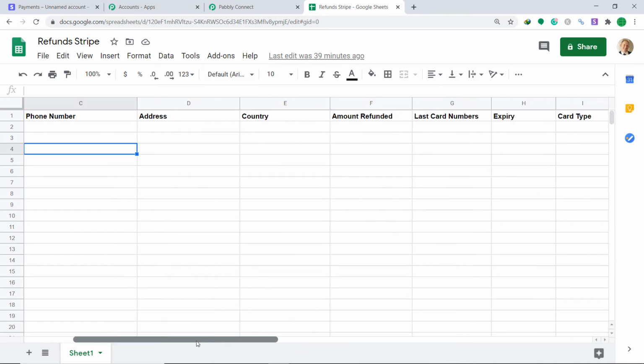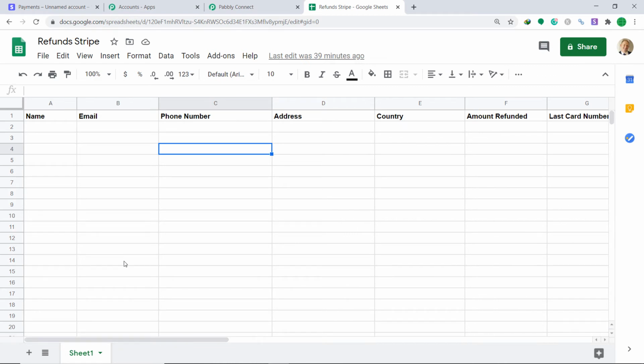So the reason I kept the method as add new row is because the data will be automatically inserted into adjacent rows one by one. For example, the first name will be inserted, then email will be inserted, then the phone number will be inserted, and the address will be inserted, then the country, and so on. Okay, so the data will be inserted as rows, as adjacent rows, one by one.